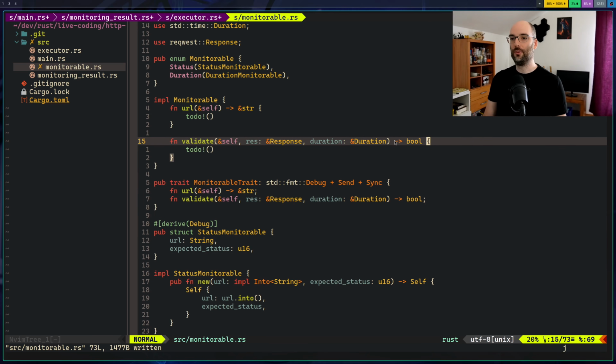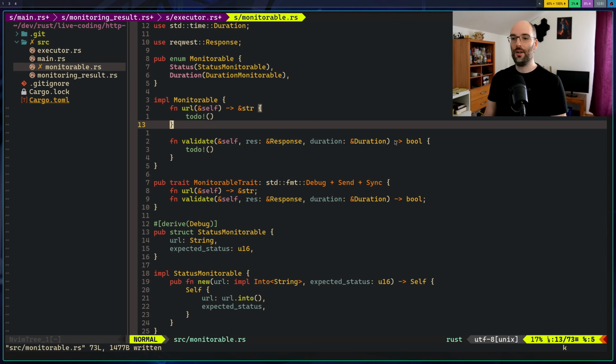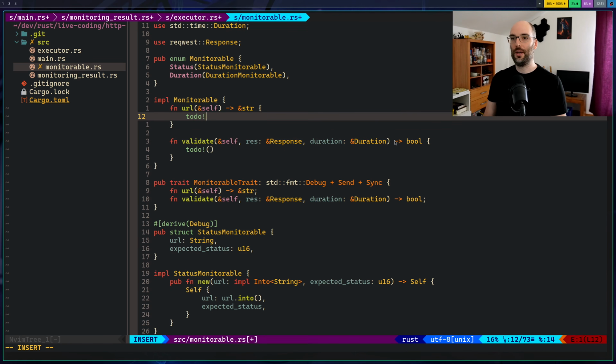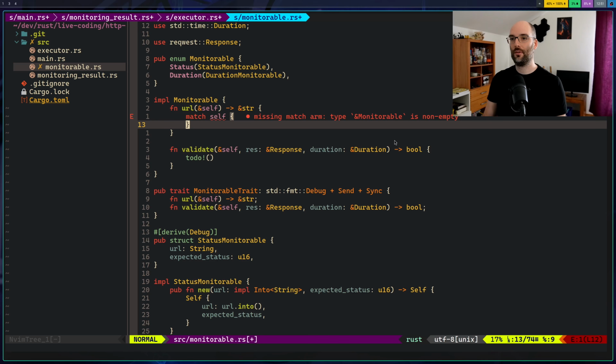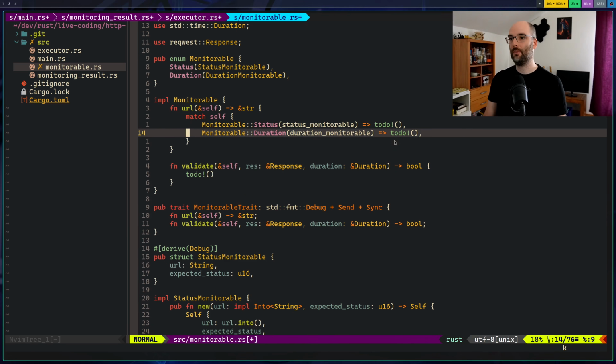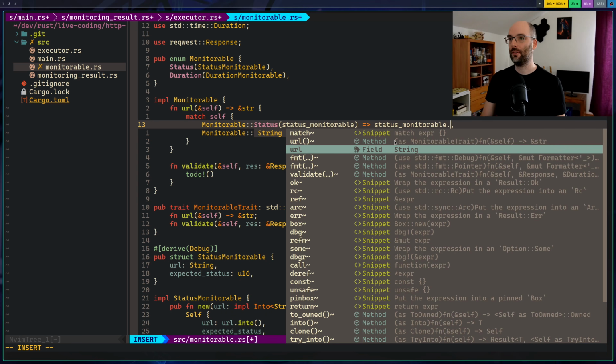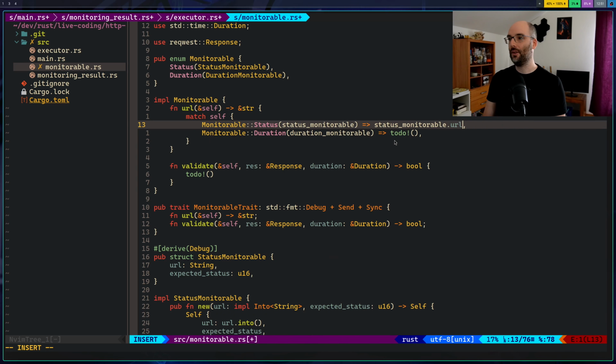This is what we have to do. And of course, we'll have to match inside here. So we'll match self. And the match arms, right? We'll just do status monitorable dot the URL, right?